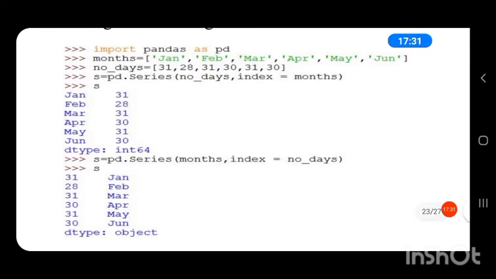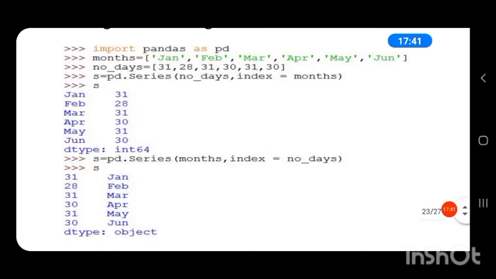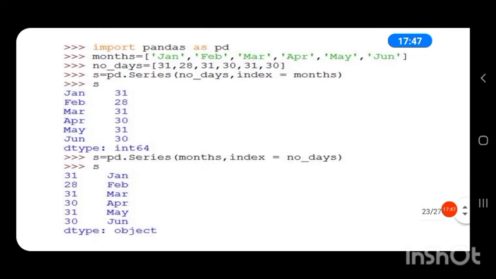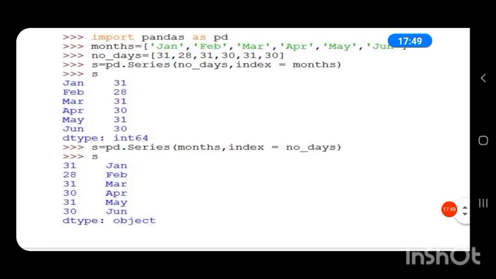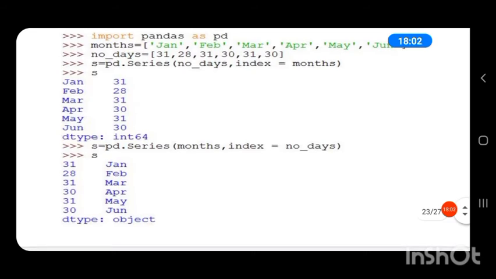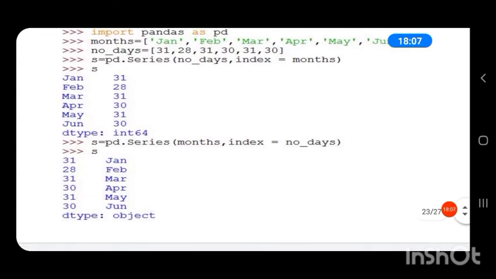So if we print this first series, then you can see in the index position the name of the month is there, and in the corresponding data the number of days in the corresponding month is given. Now consider the second output. In that we have given series S is equal to pd dot series in bracket months, comma, index equal to number of days.